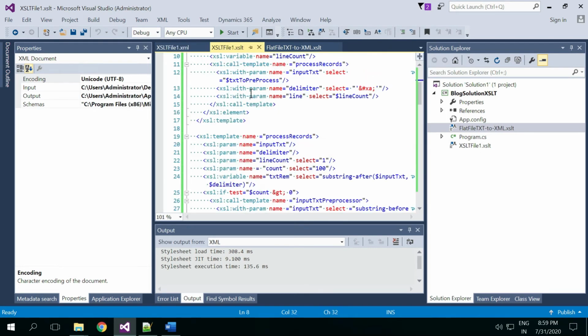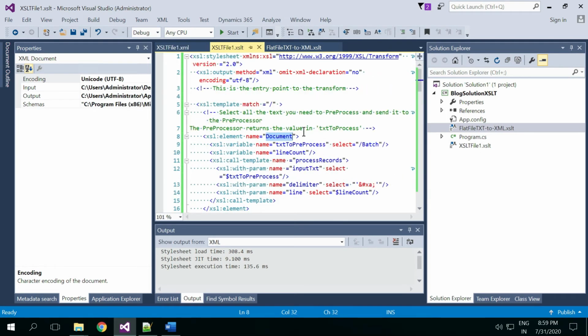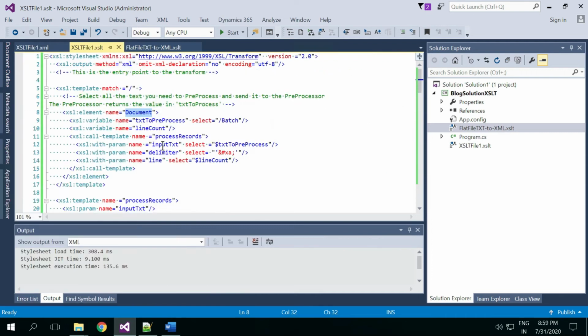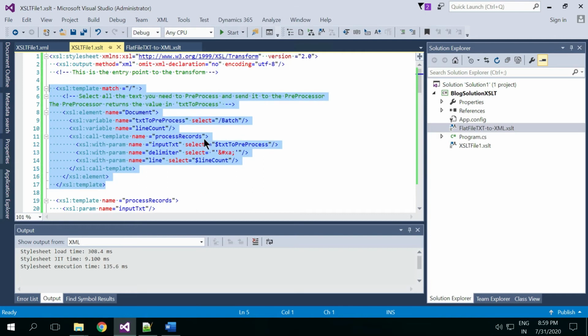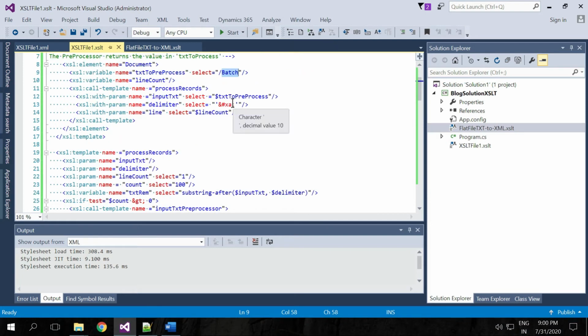In order to understand how exactly I did it, basically I first use the syntax. I search for that particular tag called batch, and then I give a delimiter as a new line. In XSL language, a new line is given in this particular syntax.